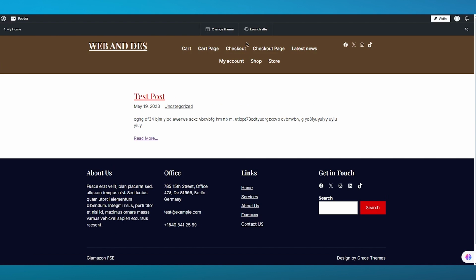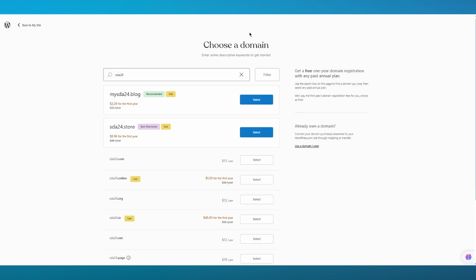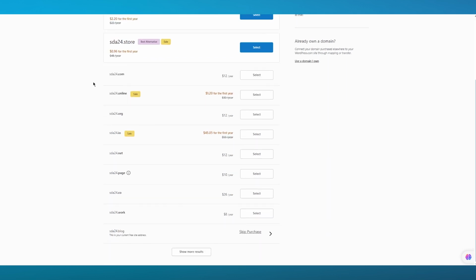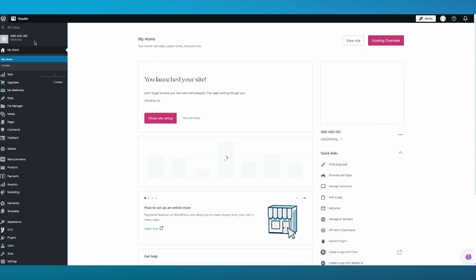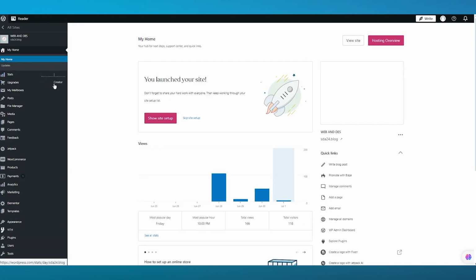To publish the domain, you're going to come to your main website and click on Launch Site. Once you click on Launch Site, over here it opens up a domain section for you where it asks you to connect a domain for yourself, okay? You can go with any of these domains. Many of these domains are either on sale, and you can also get a free 1-year plan, or you can skip with your normal site address if you want to go with the totally free domain. Once you go with that, it says your site will be live shortly, and now our website is totally live. Once our website is launched, we're going to come back over to our file manager,